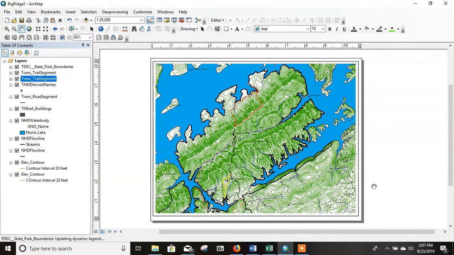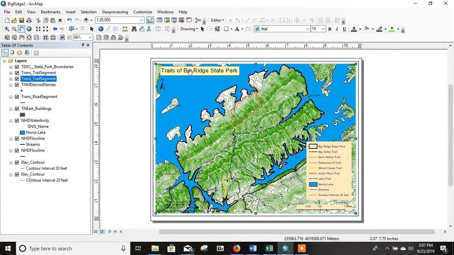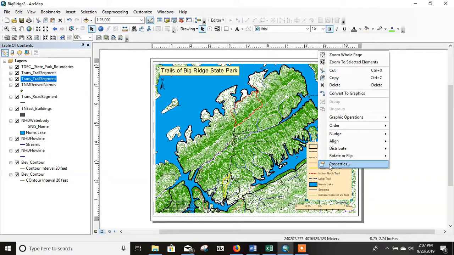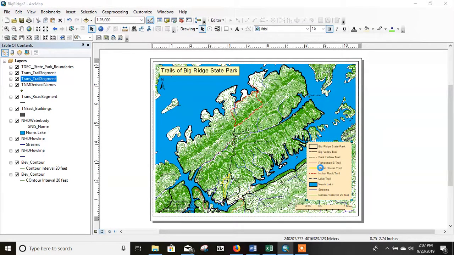Okay, and you can see I've already inserted my title and worked on the symbology a bit. I've inserted my map credits down here. I've inserted my north arrow. I've inserted a scale bar, and I've inserted my legend. Okay, and one thing I would show you on the legend that I did, if I click on it and do properties just for this legend,